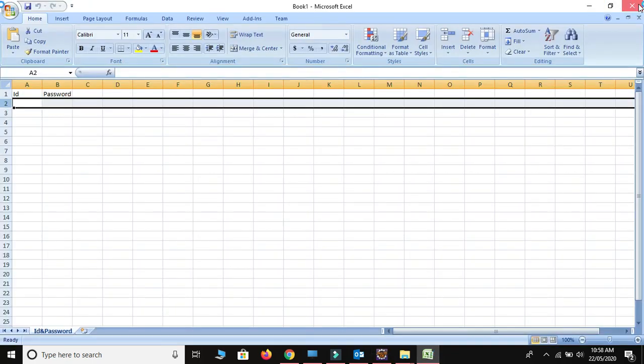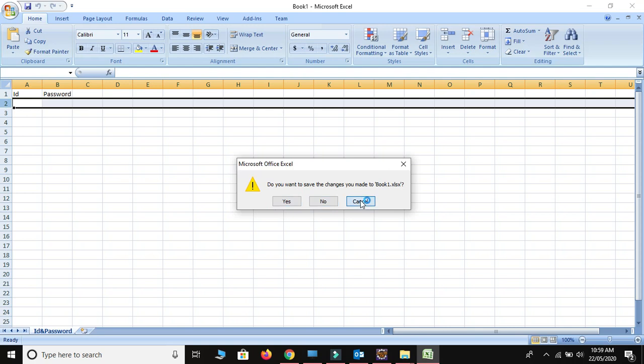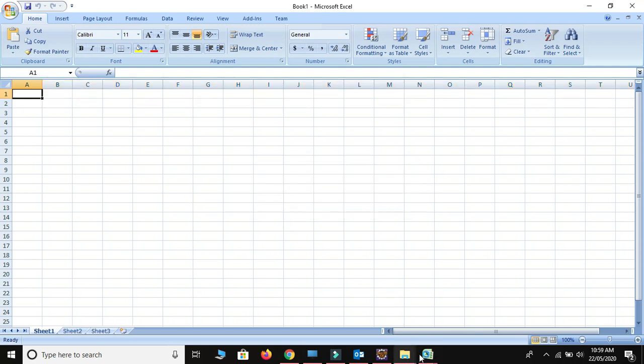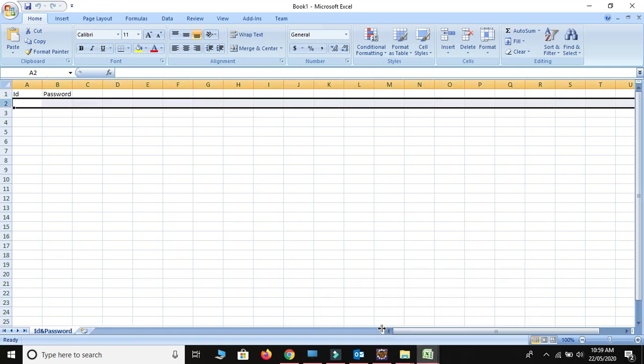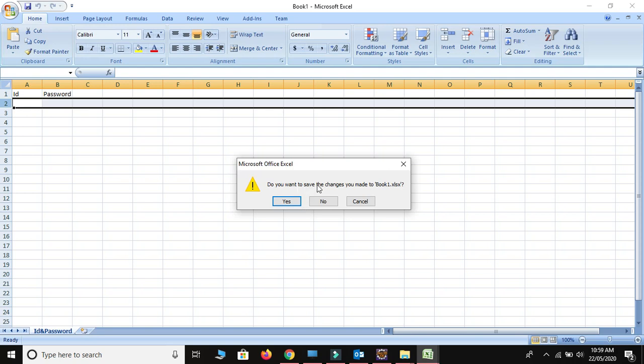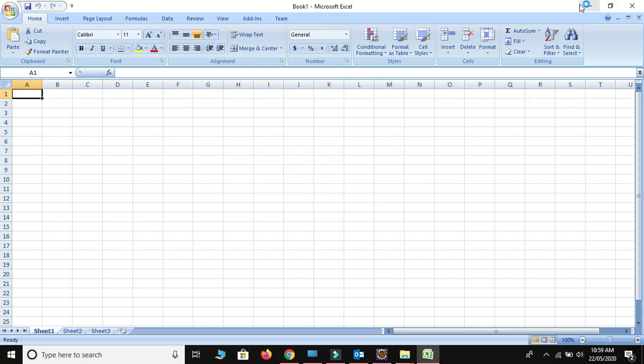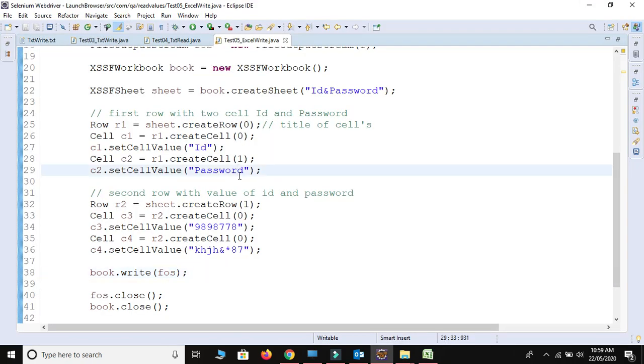I think due to this. Now let me close this one. Do you want to save changes? No. Now let me run this one, and see if we get any error or not.